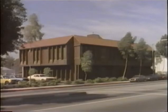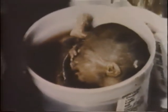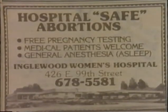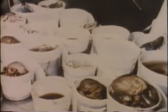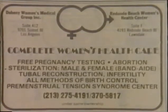Last year, there were 1.5 million abortions done in this country. And the average cost of an abortion is about $300 to $400 per operation. This has created an industry in this country of about $500 to $600 million a year, which would qualify to be on the Fortune 500 list of largest industries in the world. 90% of these monies are going into the pockets of physicians, and the remainder into the pockets of the entrepreneurs